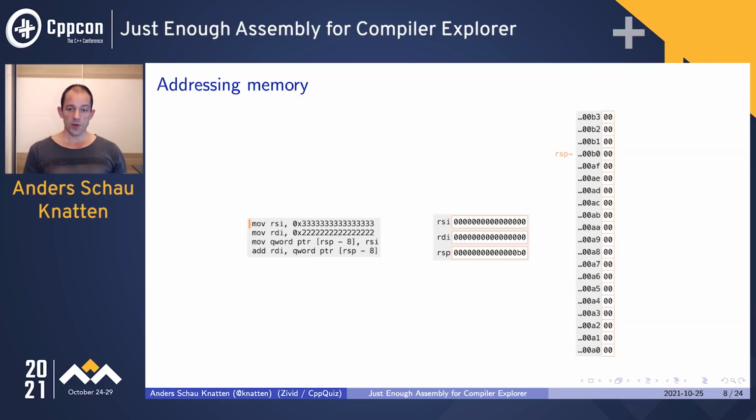Now, we can, of course, also address memory, because pushing and popping on the stack is useful in some cases, and you can actually do quite some stuff with just a little stack machine. But we want to be able to arbitrarily address memory. And all of this also applies to the heap or to globals or whatever. So if we first put some values into RSI and RDI, a bunch of 3s in RSI and a bunch of 2s in RDI,